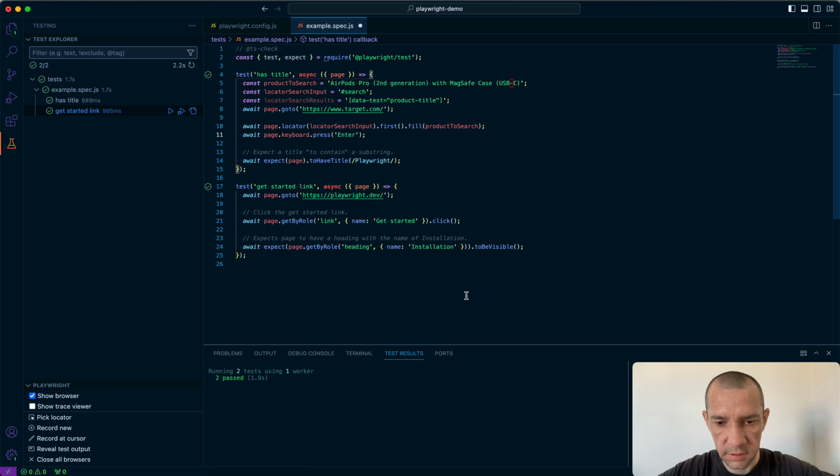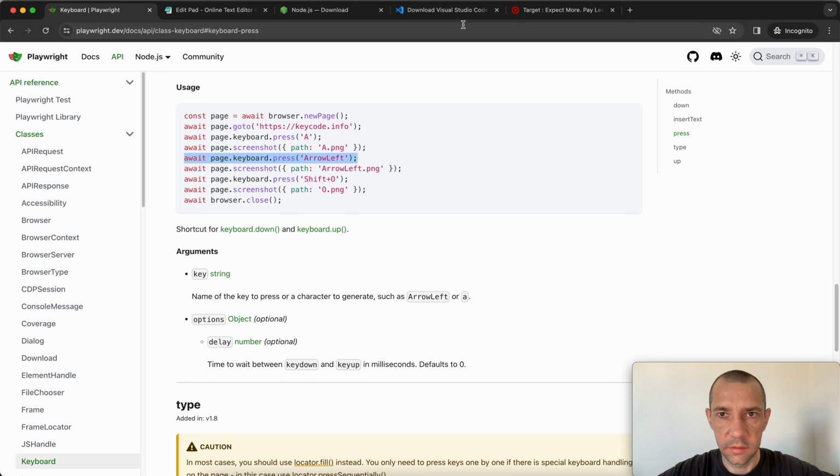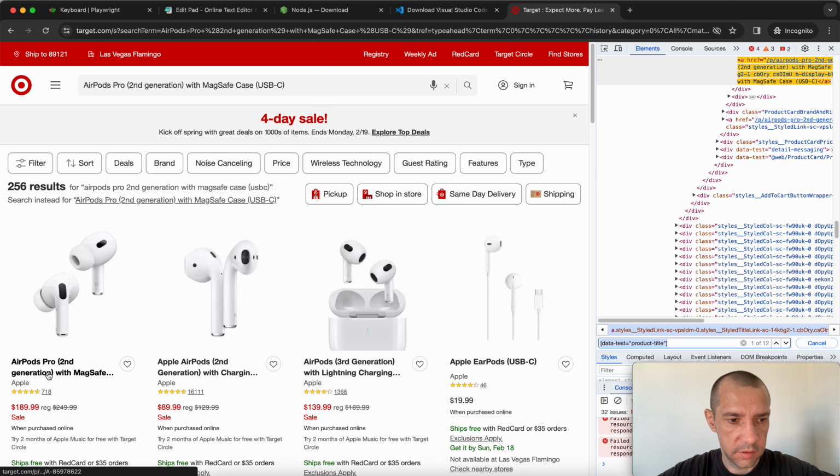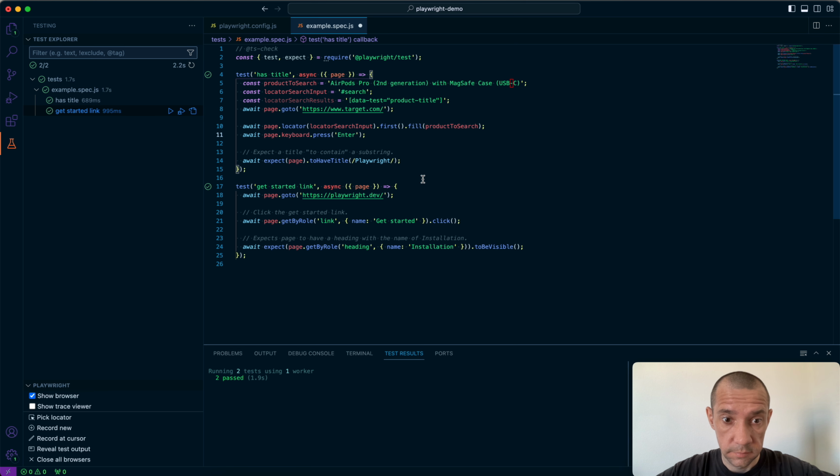Now, after these actions, we are going to be on this web page with results. We need to take the search results and the text from the first element of the returned collection, or list, or array, or set of elements. So, for verification, for assertions in Playwright, you can use the expect keyword. So we are going to say